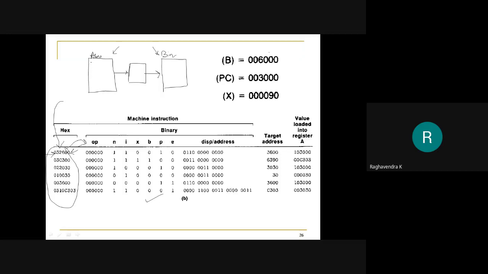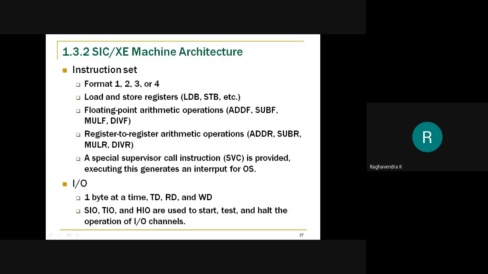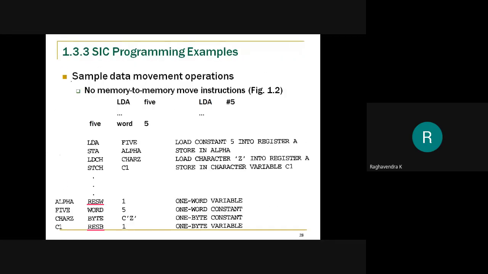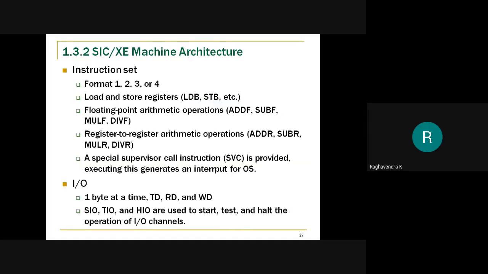But we also need to get familiar with how we are supposed to write the assembly level language program, and with a few exercises we shall discuss how we can write assembly level language programs for SIC as well as SIC/XE, using the features that we have already discussed. All right, so let us look into simple examples for SIC as well as SIC/XE, starting with loading data in and out of memory.